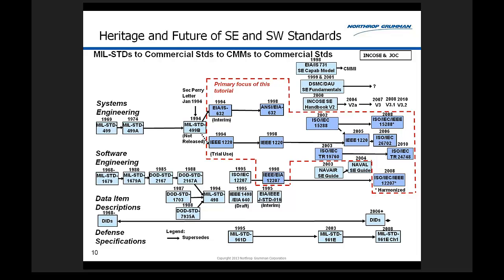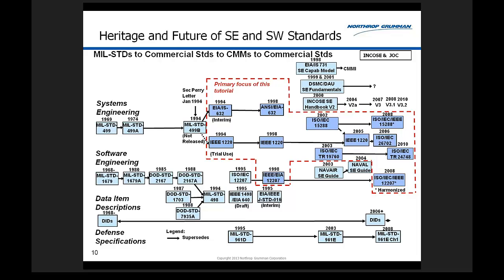So on the far right, what you see is the 2008 versions, 15288 and 12207, have been harmonized together. Okay, they can both be used simultaneously on a project, and they don't have any disharmony, let's say. Okay, and they're still being worked on even today. We've got some guides that came out, the technical reports 19760 and 24748 series of guides that came out to